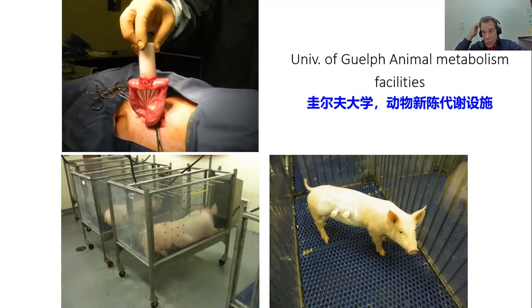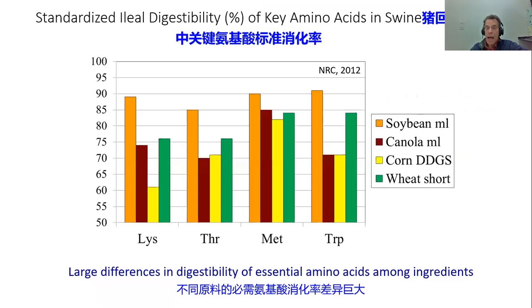Now, I have a colleague at the University of Guelph who works with pigs, and they actually installed T cannulas in the ileum of pigs to collect ileal material to measure digestibility in these animals. They measured very significant differences in apparent digestibility across feed ingredients. They measured higher digestibility in soybean meal, lower in canola meal, lower in DDGS, and somewhat intermediate in wheat shorts for these 4 essential amino acids. So they've characterized the digestibility of amino acids in these relatively standard commodities available in Canada for feeding swine and